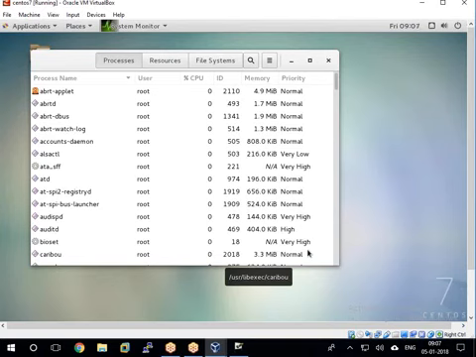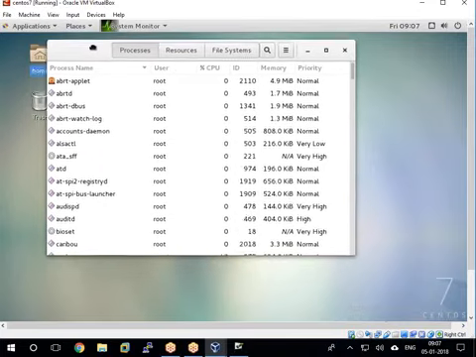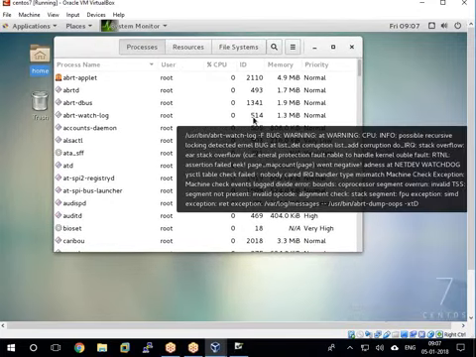Correct? Yeah, automatically here it's enabled, right? So here it shows enabled. So right, we can